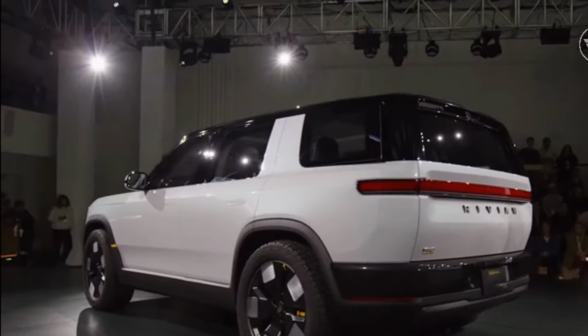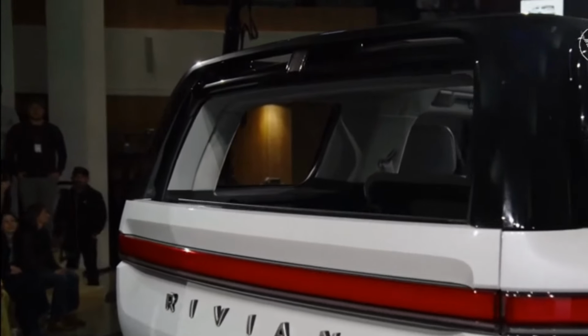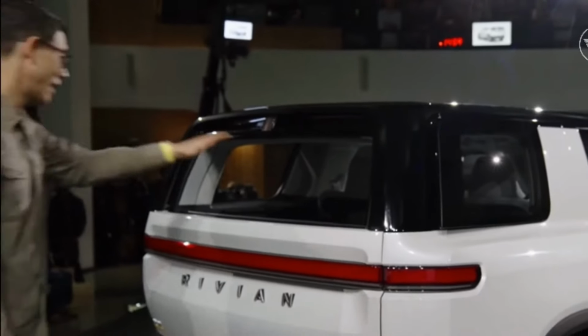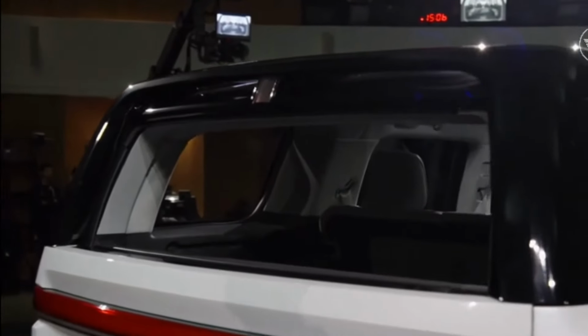We did a lot of work to create something that builds a really open air experience. And you just saw, or maybe you saw, these quarter windows pop out. And what that does is we leverage the negative pressure off the back of the vehicle to pull natural air through, and it creates this beautiful open air feeling experience. And then the rear glass, which you just saw drop, also opens. And now the rear glass opening, it literally feels like an open air experience,